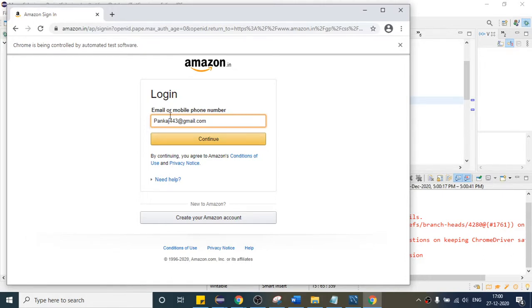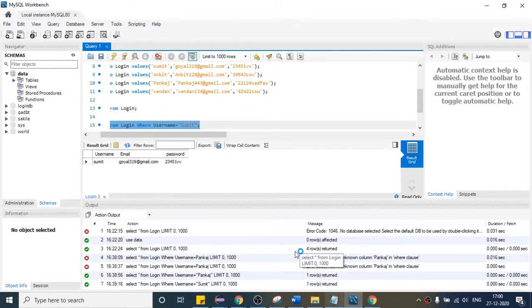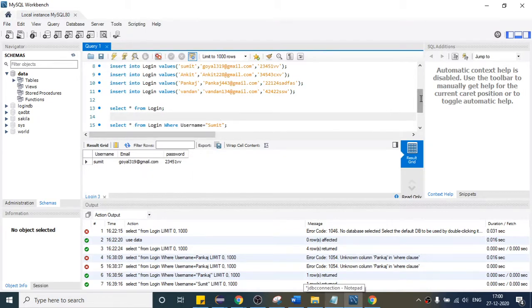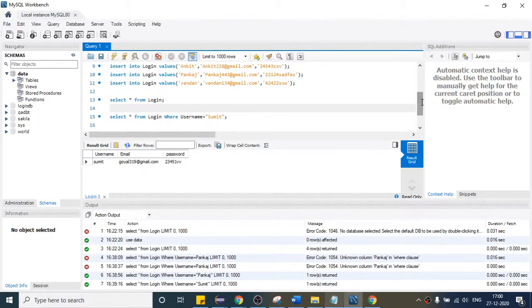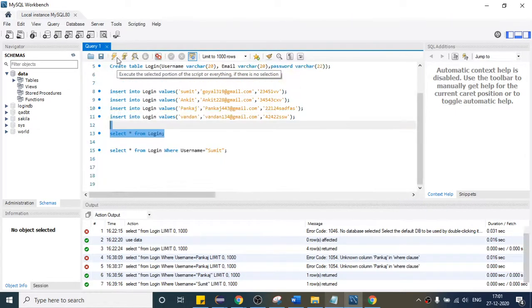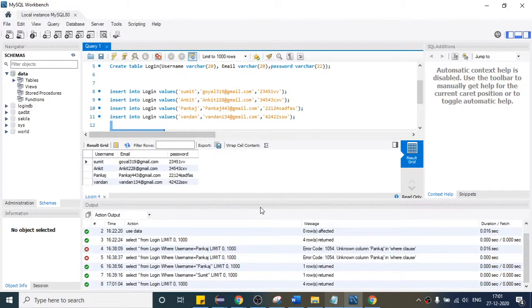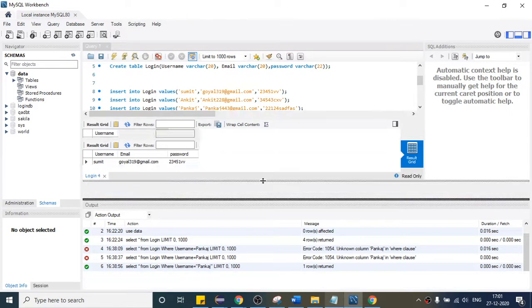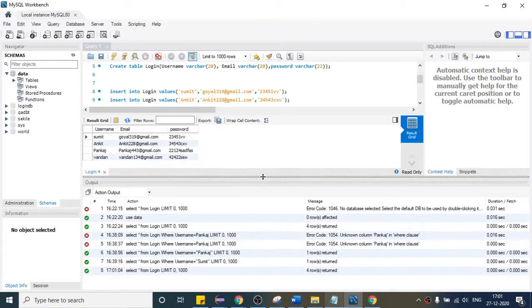And suppose in future the client will change the data here, right? Suppose if the client will change the data, I mean to say, suppose if I see what is the data here, if I execute this, where it is here.